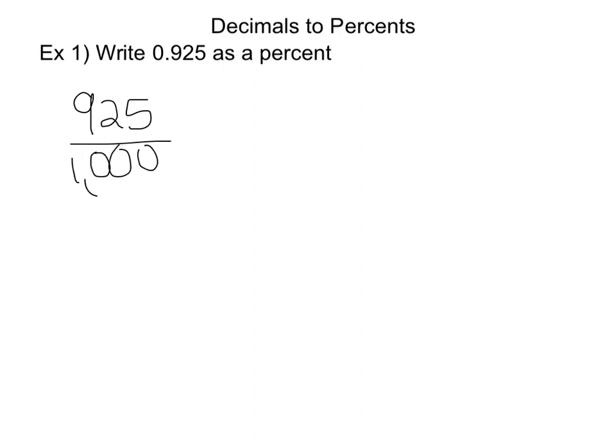We know that percent means part of 100, or a ratio of 100. So what I want is a fraction equivalent to 925 one-thousandths that equals a number out of 100. So in order to get from 1,000 to 100, I would have to divide by 10. And I know if I divide my denominator by 10, I also need to divide my numerator by 10. So that gives me